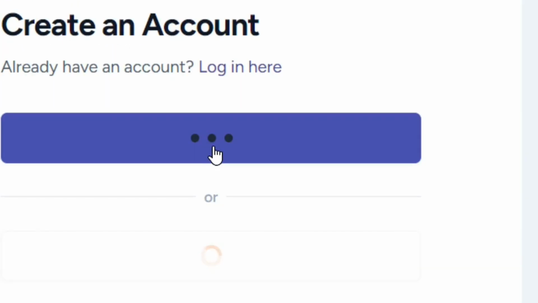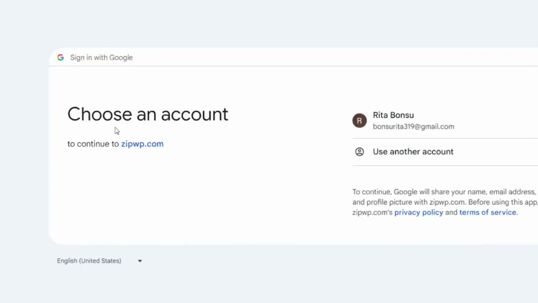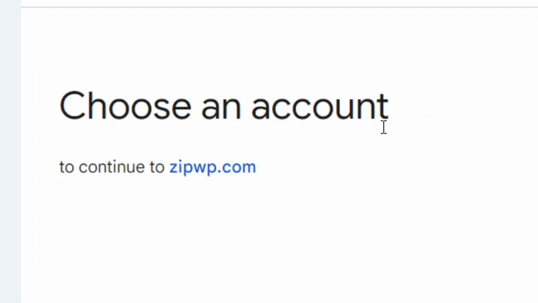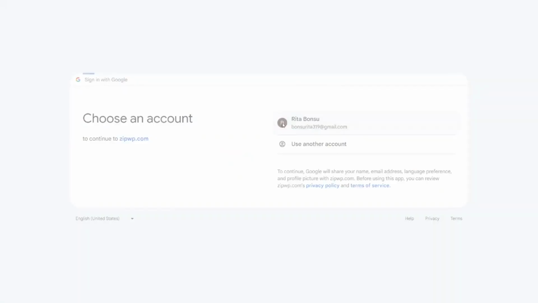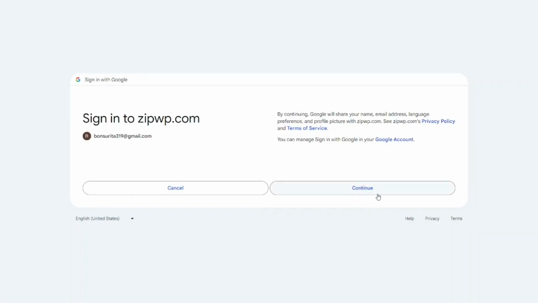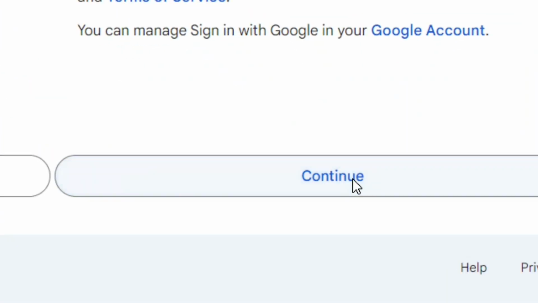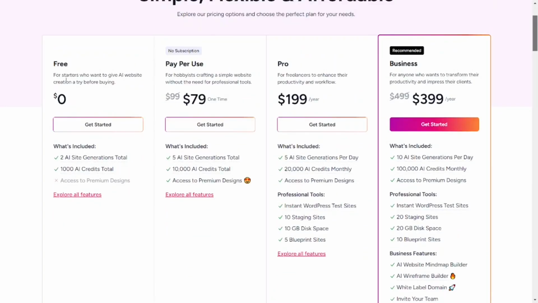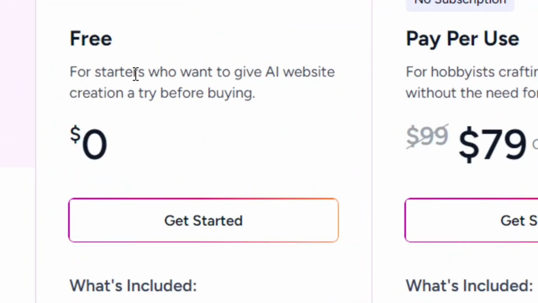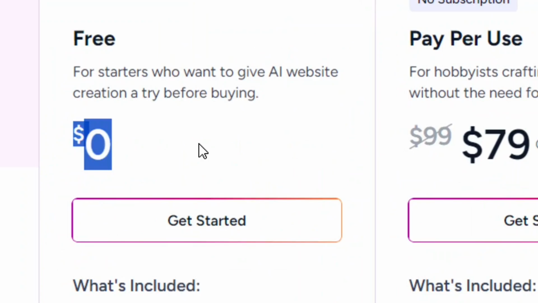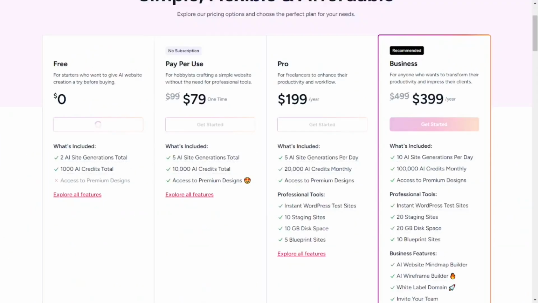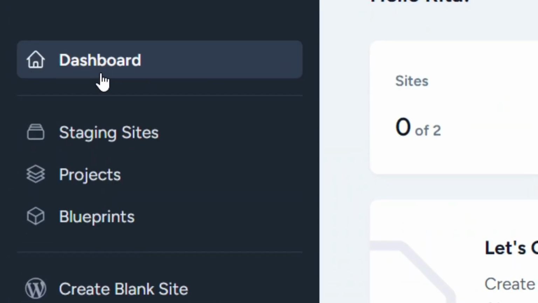Just click on it. So when you click on it, what you have to do is to just choose your Gmail that you are going to use to sign up, okay? Just select it, and then when you select it, just come here to where it says continue and click on the continue. They have a free plan that you can select and it is totally free, okay? What you have to do is just come here to where it says get started and then click on it. After that, you are going to be logged directly into your dashboard just like this one,